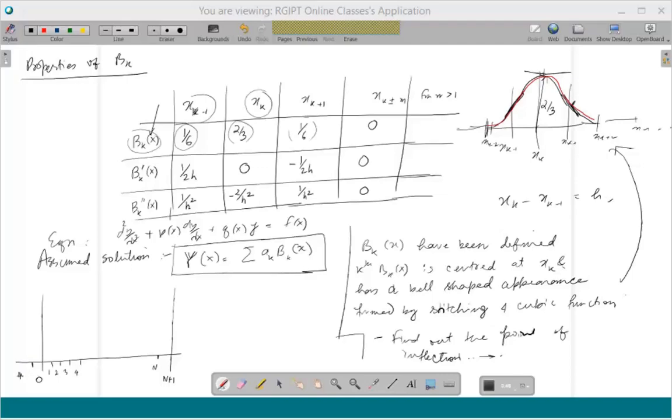So minus 1, I have n plus 2. Why I'm showing these additional points will become clear, basically because